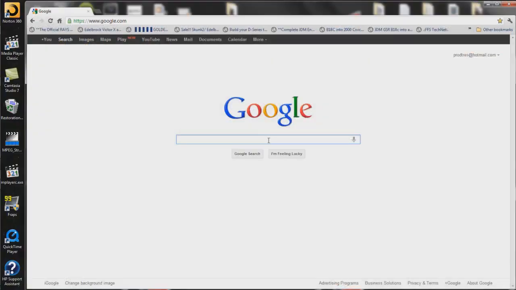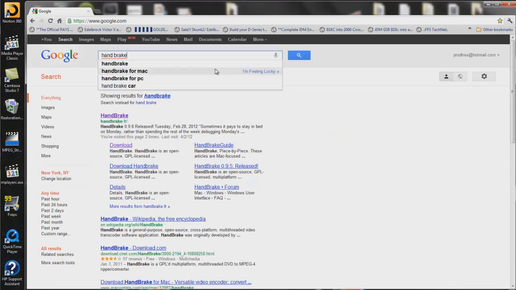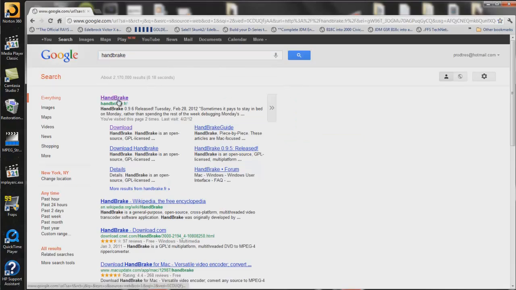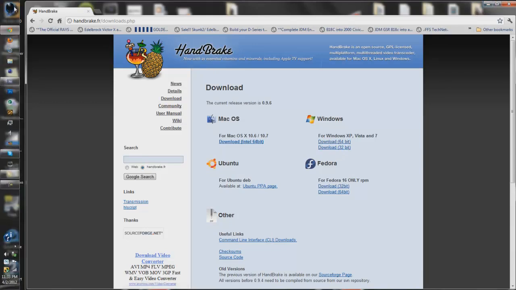Okay, so the best compression I found is Handbrake, and all you have to do is go on Google and type in Handbrake, and it should be the first link that comes up. Go down to download, select what system you have, and make sure you download the right 32-bit or 64-bit. You can go into your computer settings to find that out, or just type it in on Google to find out which bit computer you have. And yeah, so once you have that downloaded,